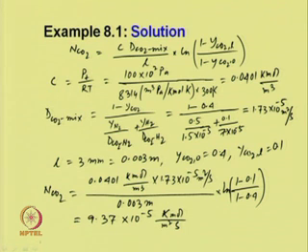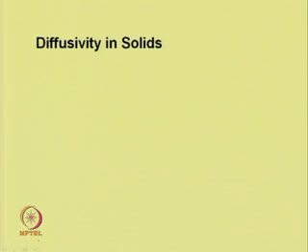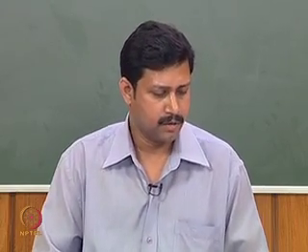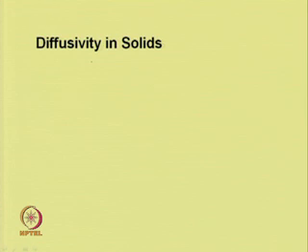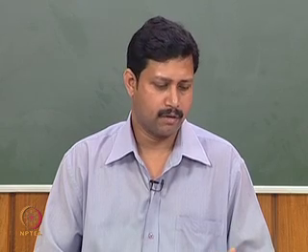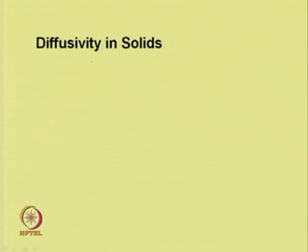So, now we will consider diffusivity in solids. The diffusivity in solids is relatively less compared to the other two phases, like diffusivity in gases and in liquids. Compared to liquids it will be around 1000 times less, and compared to the gases it is around 10,000 times less. And diffusivity values are important for catalysis